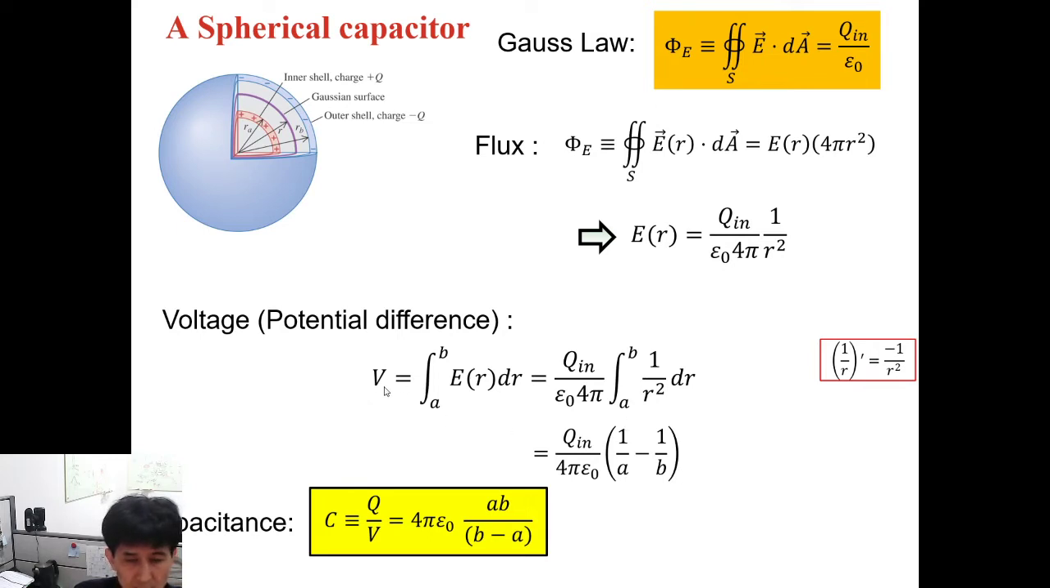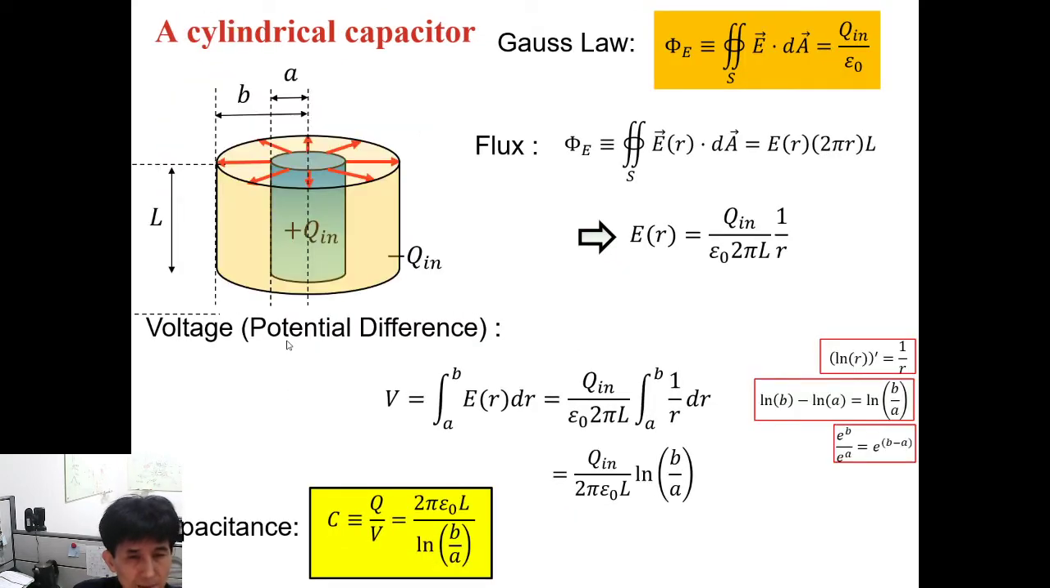So if we insert this voltage into the definition of capacitance, then we have the inverse of this one multiplied with Q. So we have 4 pi epsilon 0, Q is cancelled out, and AB over B minus A. That's the inverse of this. So we have calculated the capacitance of three different structures,